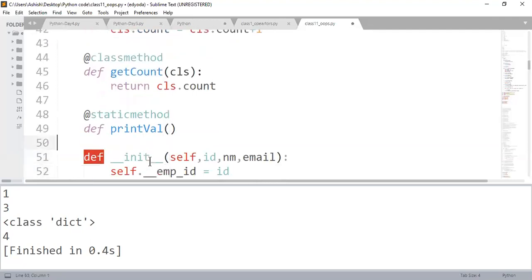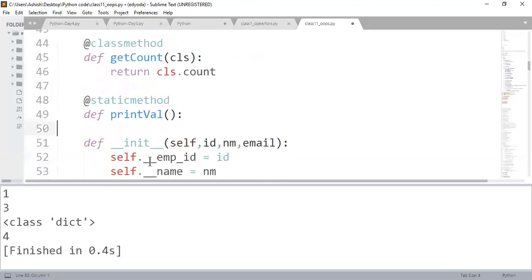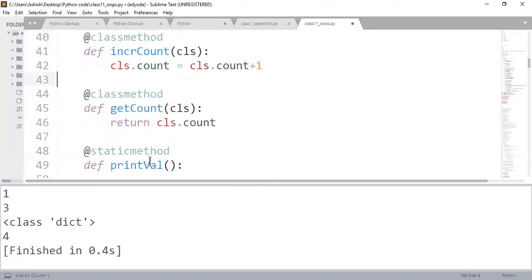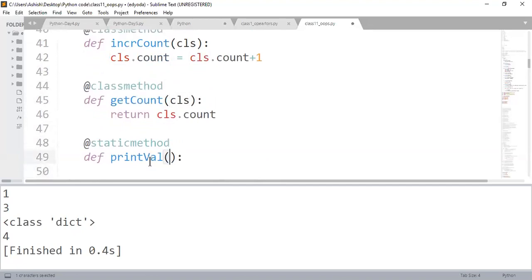Now, how to identify which one is a static method, which one is a class method, and which one is an instance method. In the case of an instance method, your first argument will be self, that is the object itself. In the case of a class method, your first argument will be cls. But in the case of a static method, there will be nothing. So it will be a normal method, and you can pass parameters, but there will be no extra parameter added